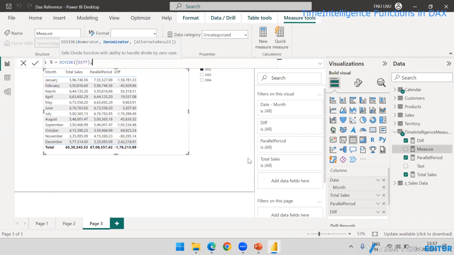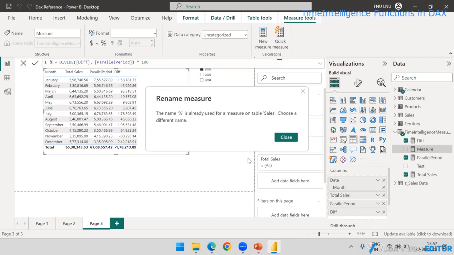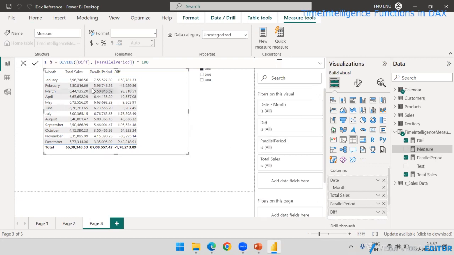This is your numerator, and you have to specify the denominator. Denominator in this case, if I specify parallel period, it is going to work. And to get the numbers in percentage, the format is already there. That's why, if I hit the enter button,